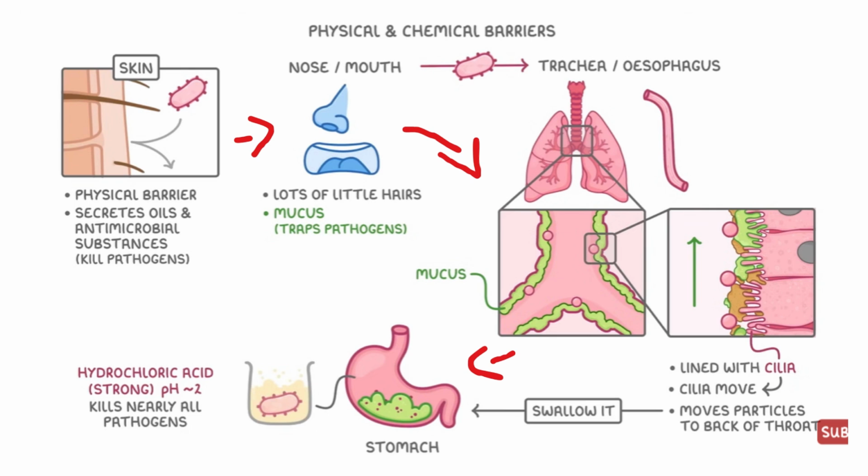So, physical barriers are like your skin, right? They're like the first line of defense. The skin acts as a physical barrier that prevents pathogens from entering the body. It also secretes oils and antimicrobial substances that can kill or inhibit pathogens on the surface itself. Now, on our skin, there's actually hairs, and those hairs are going to trap the pathogens before they enter